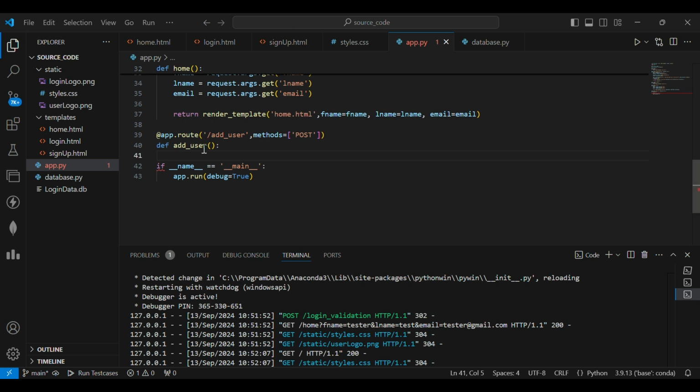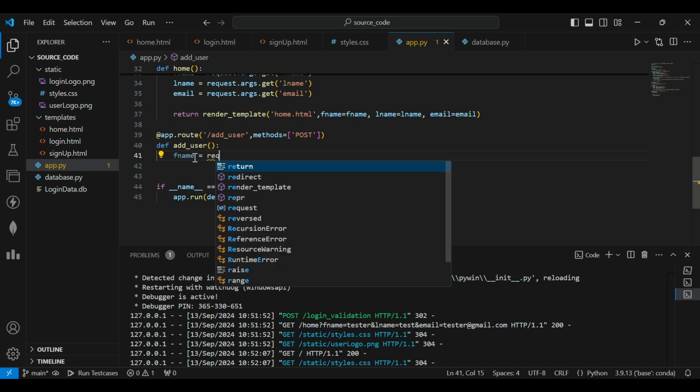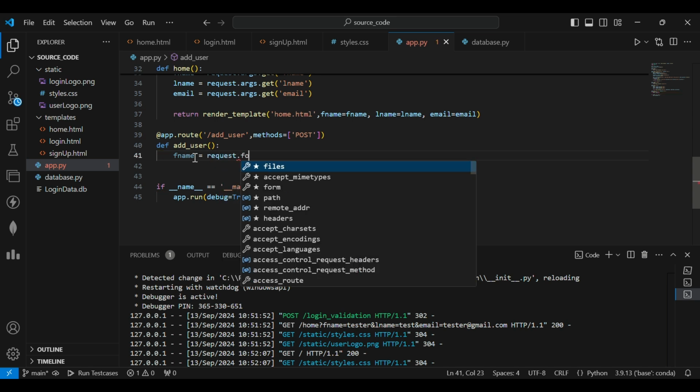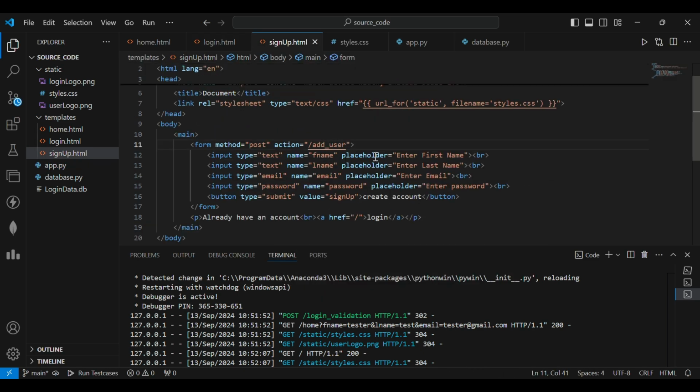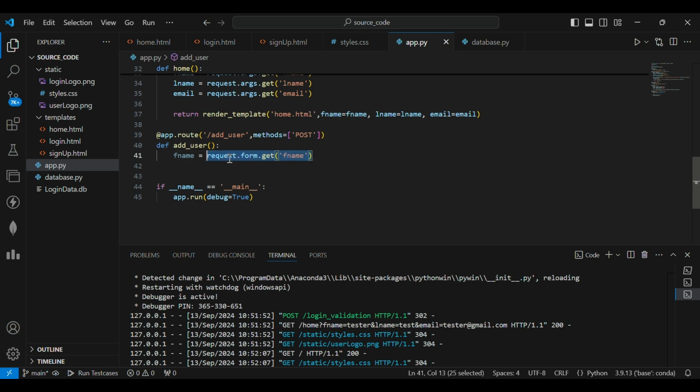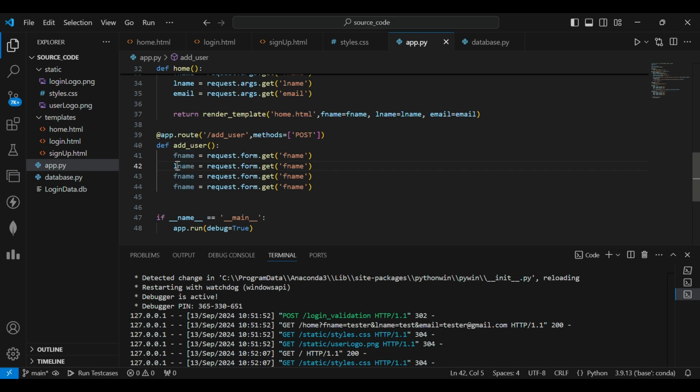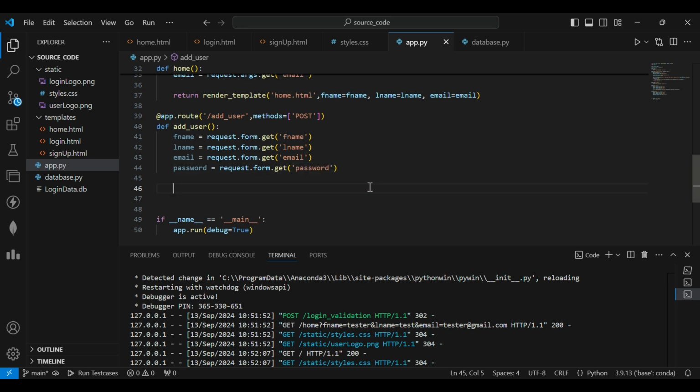and take the input. Give the same name that we gave in the HTML, request.form.get fname, also lname we need. The same name you have to give, otherwise it shows an error. Change it, lname, and email, also password I need, so password here also I give the name there, password. Connect the database,